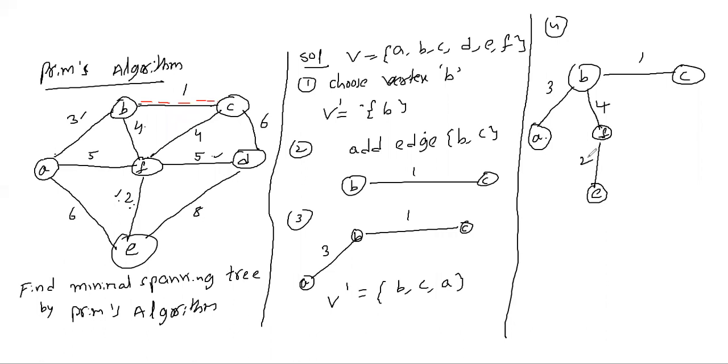Next, after that, has it covered all the vertices? No. Next, for F edge, what is there? F to C is there. F to C how much weight? 4. Okay. Next, F to D. F to D how much? Is this edge covered? No, D edge is not covered. So it will be 5.